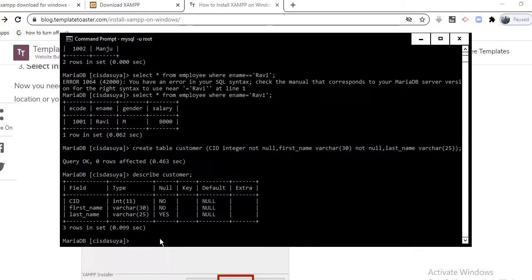Like if I say here, insert some values, insert into my table name is customer, and students, if I let's say enter only first name and let's say last name with values, let's say Navdeep in quotes because they are varchar type, it's not integer, varchar type should be in quotes.